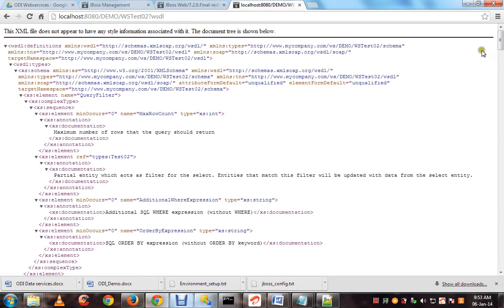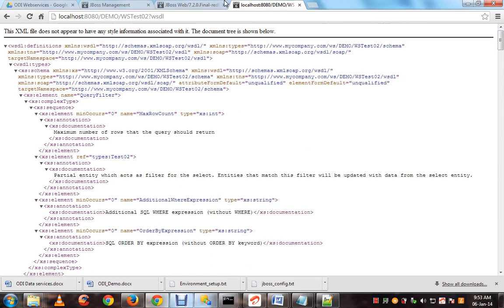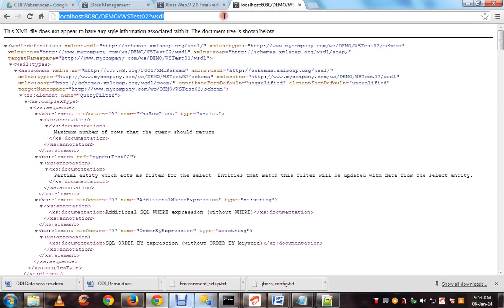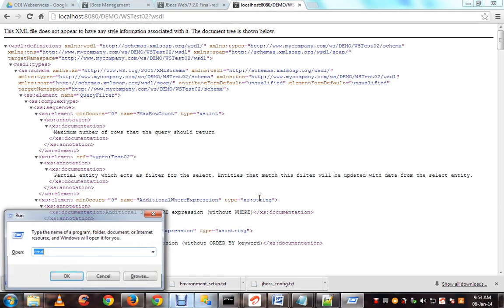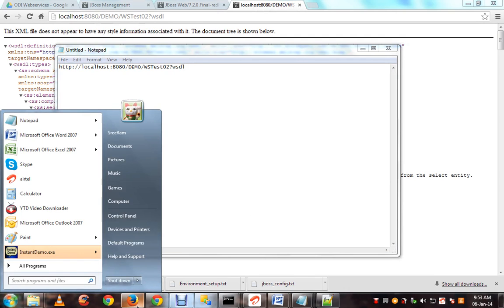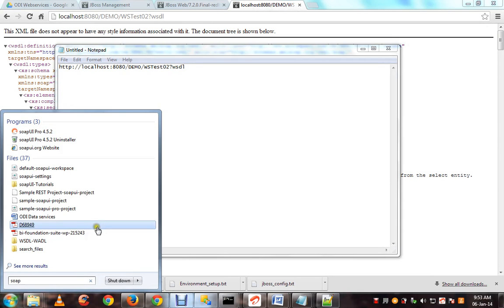So many methods will be written here. You need to get like this. If you are getting the previous page error, then you have not correctly generated the WSDL. It's a problem in the WSDL. Now copy this location, keep it like this. Now SOAP UI,